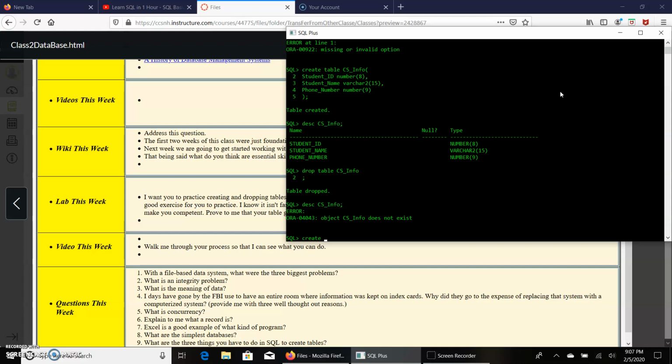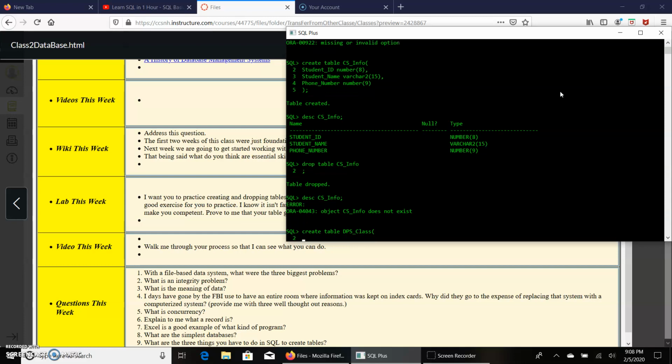We have your create table command. We'll just say if you're a fan of, let's say, Dungeons and Dragons or something, put DPS underscore class, and then it's going to bring up our first column. So we'll put wizard name,